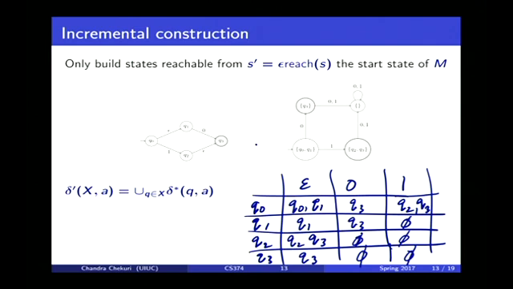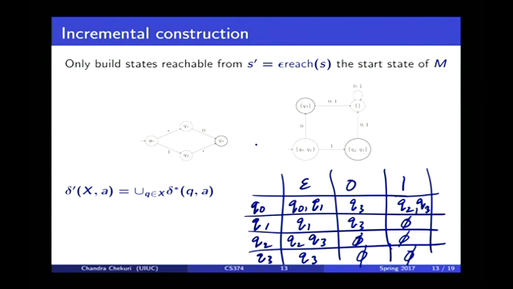Good? Okay? Now what about on 0, the string 0, not just the letter 0, where can I go from Q0 on string 0? I can do it by looking at all possible things, but how can we do it mechanically? What is the definition of where all can I go from Q0 on string 0? First I say, where all can I go on epsilon, right? Okay, I can go to Q0 and Q1 on epsilon. From there I take a 0 step, right? From Q0 or Q1, if I take 0, where will I get? Well, from Q0 on a 0, I can't go anywhere, right? But from Q1 on 0, I can go to